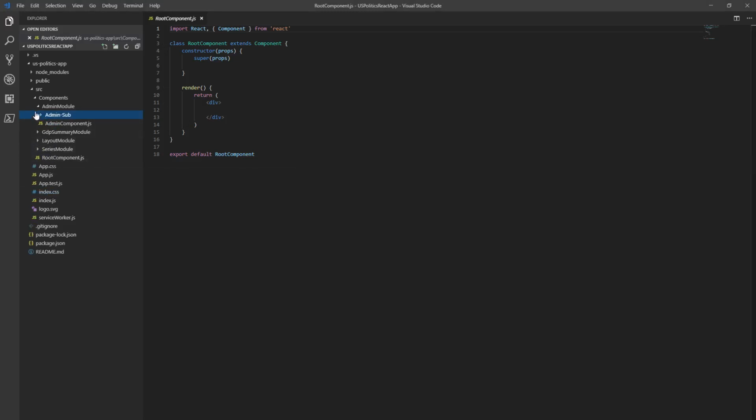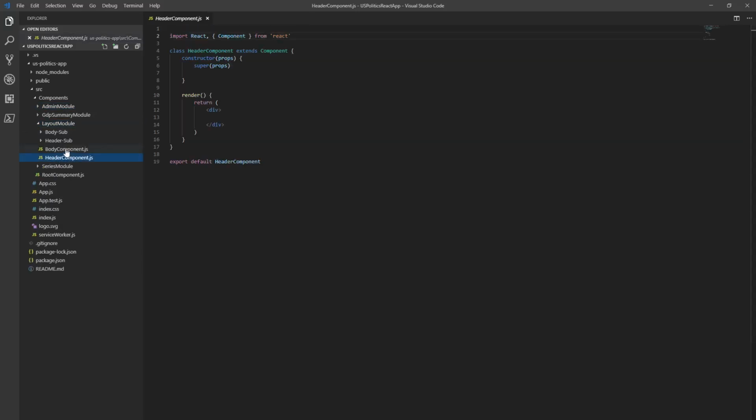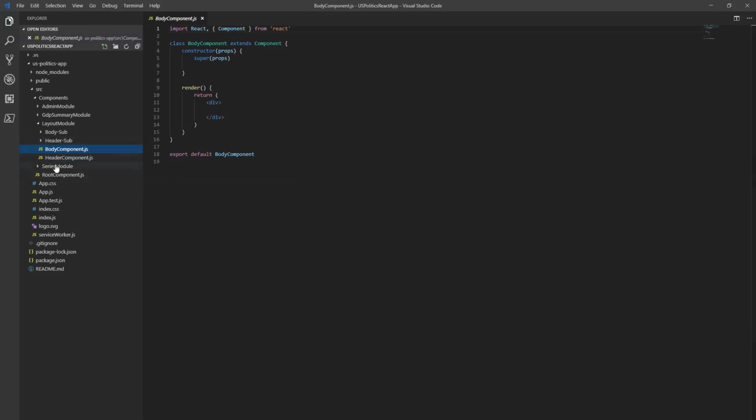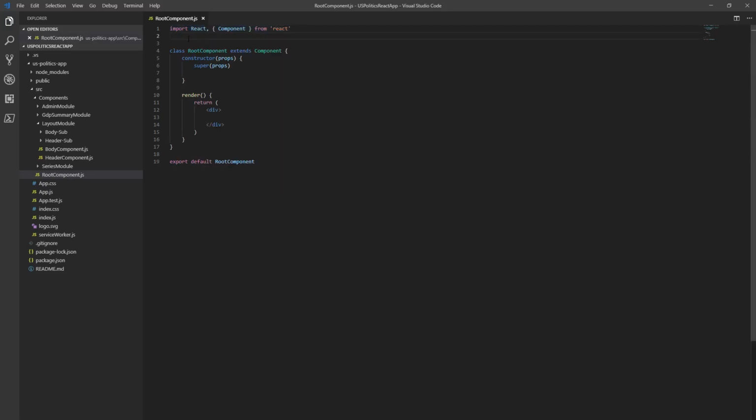This is my root component. The header is within the layout component. This is the header, and this is the body. So I need to get this header and body within this root module, because this is where I need to compose them. I think what I need to do is import, if I'm not mistaken, within the root module,